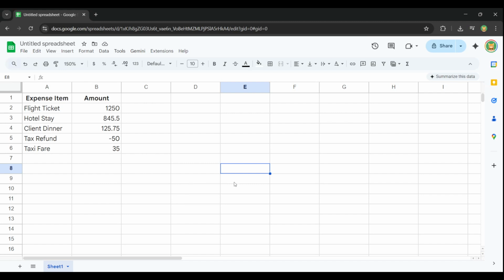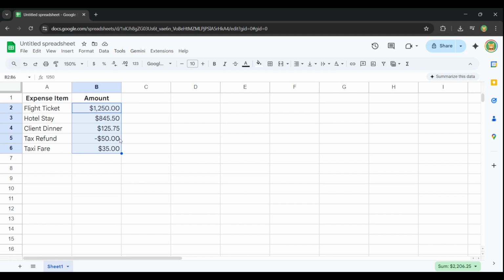Open your sheet, highlight the cells that contain the numbers you want to format, and look to the toolbar for the $ icon. Click it once. Instantly, Google Sheets adds a currency symbol, 1,000 separators, and 2 decimal places, all based on your location settings. This quick format is perfect for budgets, price lists, or any table where you want clean, consistent money values without